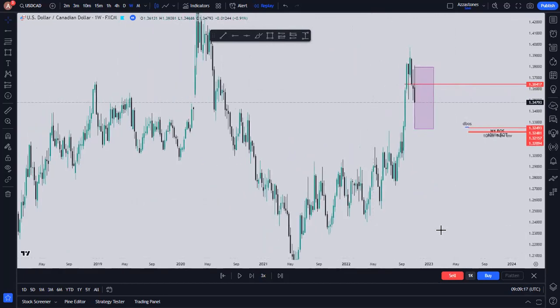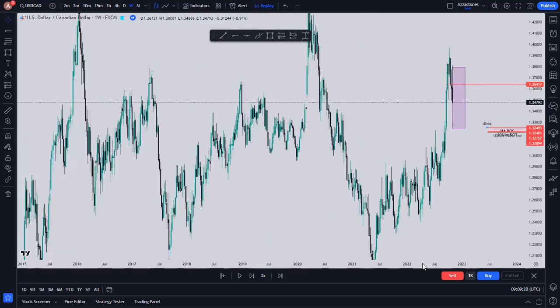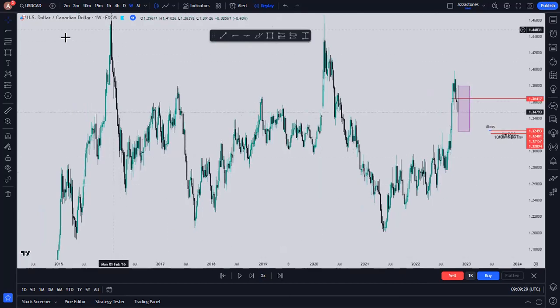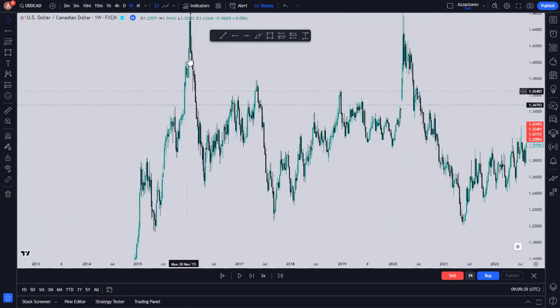How can you know this impulse is over? How can you know that the correction is over? How can you know that this continuation is over? It's after a break of structure. And how you see here, it is quite the same around here. We had this break of structure here after this impulse, then we went down before having this correction around here, then we went downward. And why did it come back to the downward? This is because it broke the structure, then it broke the trend. Breaking the trend means that we are going downward. That's why it came back to a little point around here, then it went downward.